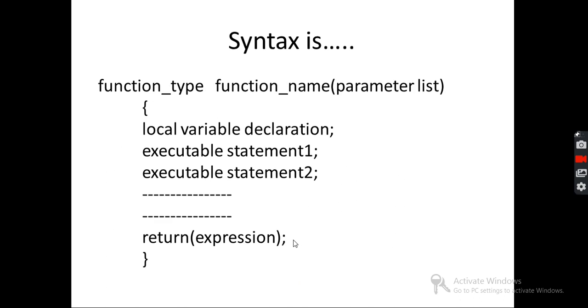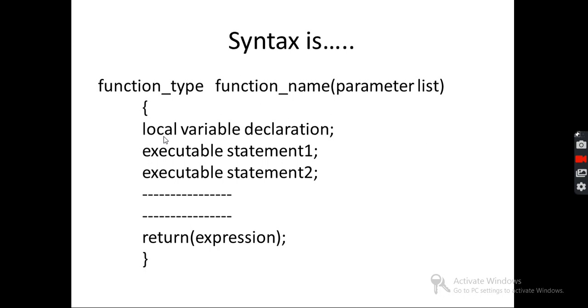The syntax for the function definition is, as usual, the return type of the function, followed by the function name, and if we need, we can use the parameters. We should not place the semicolon in the function definition section, and it is defined using curly braces. Inside that also, we can define the local variable declarations, just like what we do in the main function. We can declare many variables, the local variables, if we want.